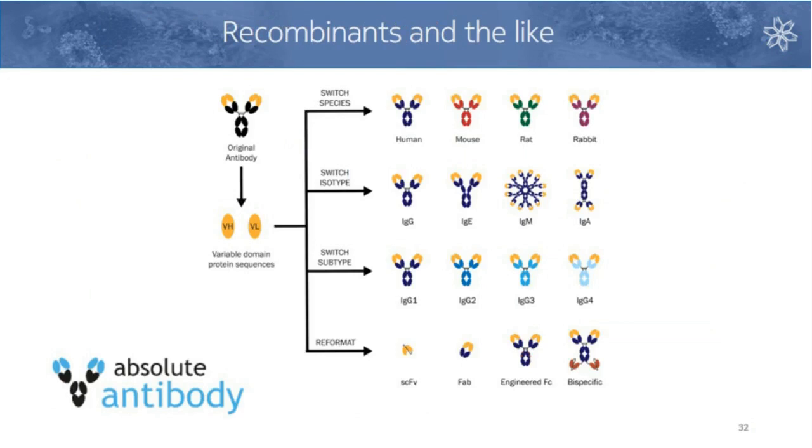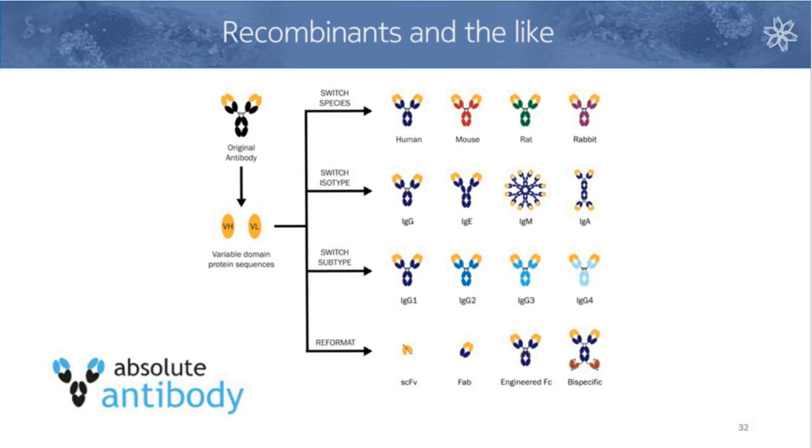Also, good to know is that we've got friends in the industry. So we've been working with Absolute Antibody for quite a number of years now, and they do what we don't, which is antibody engineering and recombinant expression. So they're able to actually take your antibody of interest, reformat it, recapitulate it into a recombinant antibody, but they might do things like switch the subtype. So changing your IgG4 into an IgG1 or IgG2 or whatever it is, making it a CFE, bispecific,